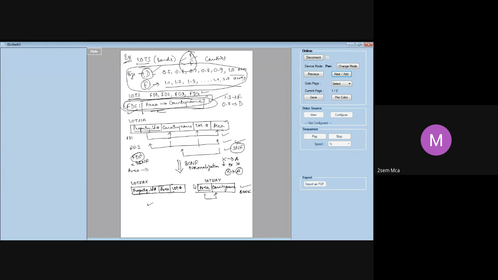When I add this, we already have in the lots 1A table property ID, country name, lot number, area, FD1 and FD2. I am adding this new FD5. Area determines country name is the new FD I am adding. Is the table still in 3NF? Yes, it is, because FD5 does not violate 3NF. It holds. Why? Because area is not a super key, but country name is a prime attribute.